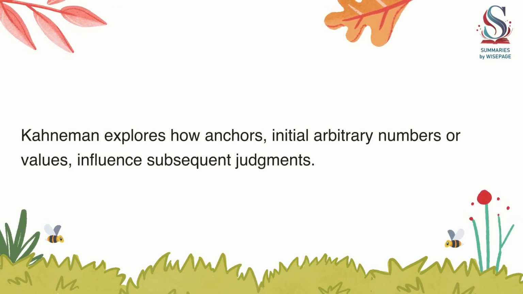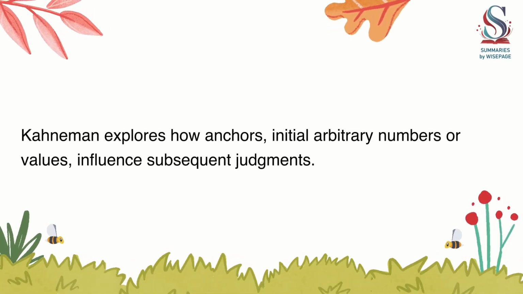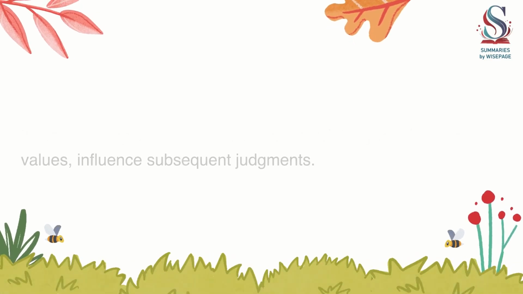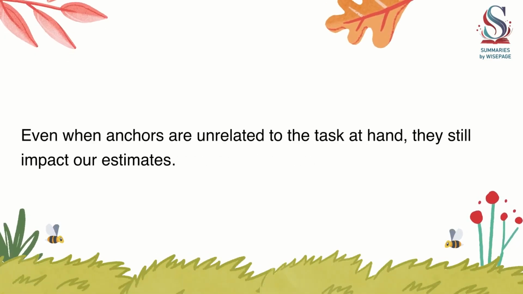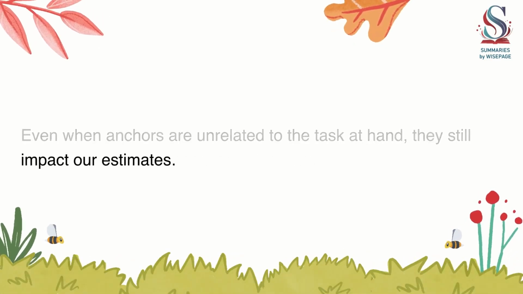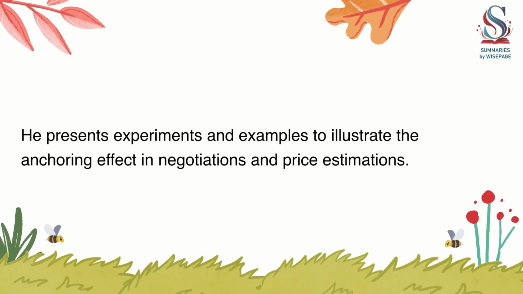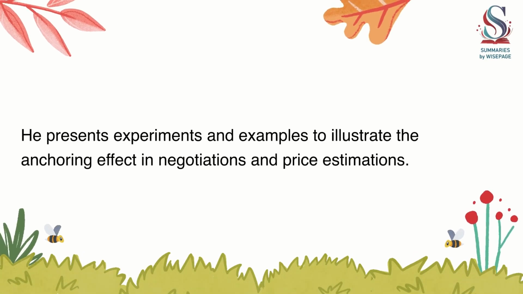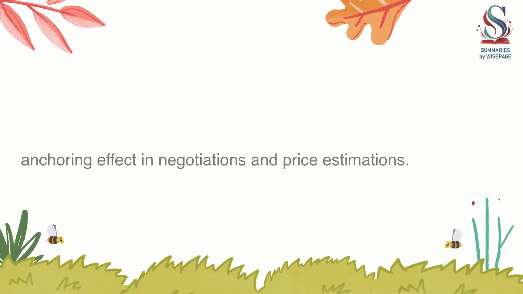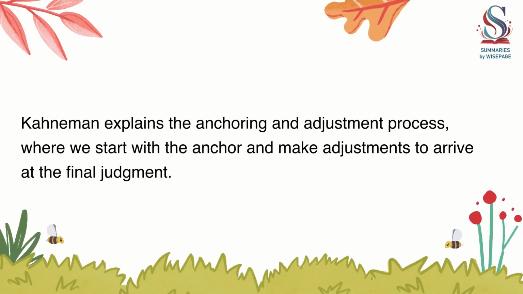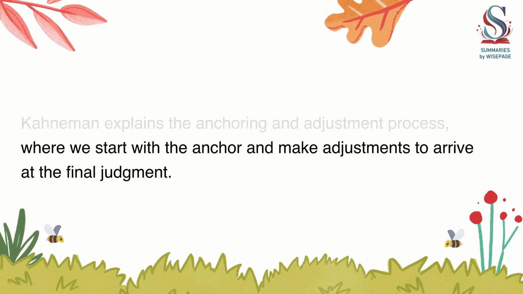Kahneman explores how anchors, initial arbitrary numbers or values, influence subsequent judgments. Even when anchors are unrelated to the task at hand, they still impact our estimates. He presents experiments and examples to illustrate the anchoring effect in negotiations and price estimations. Kahneman explains the anchoring and adjustment process, where we start with the anchor and make adjustments to arrive at the